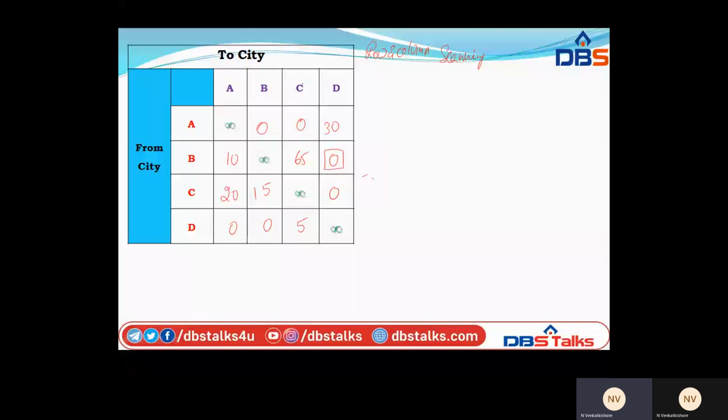So once again, column scanning. Column means, in the column, we have 1 zero presented. So keep it in a box and delete the particular row. In the second column, we are having only 1 zero. Whatever the third column, no one is there. Fourth column, no one is there. Here now just count how many zeros in the box. So we are having actually 4 by 4. So it looks like 4, but actually it is 3.